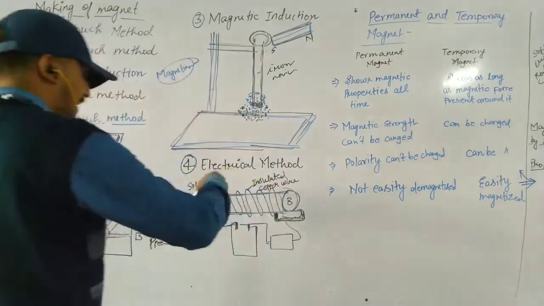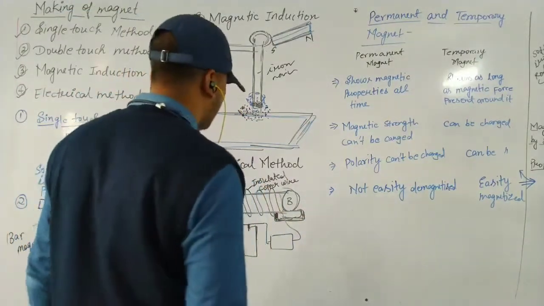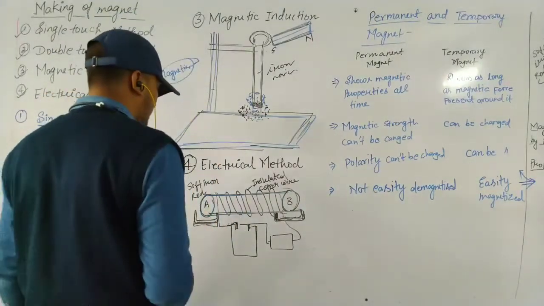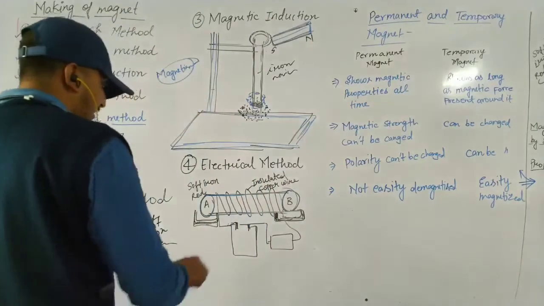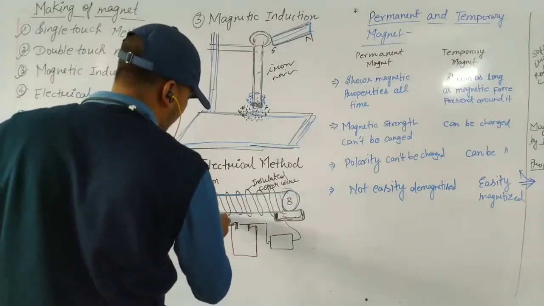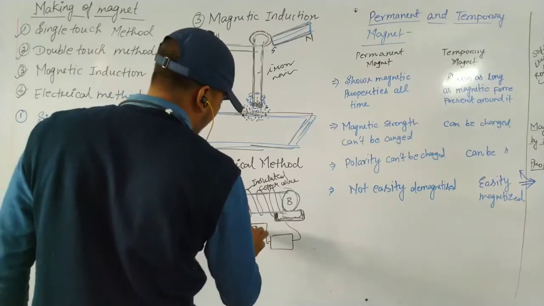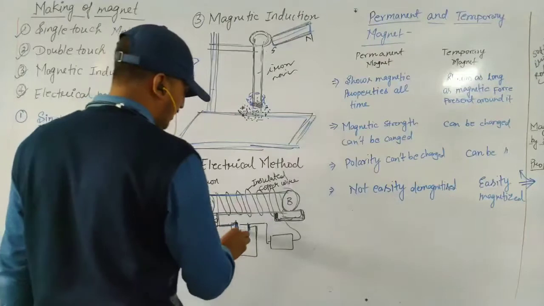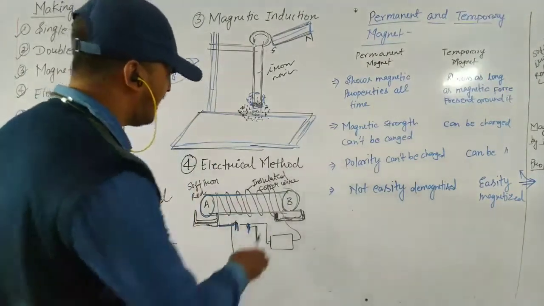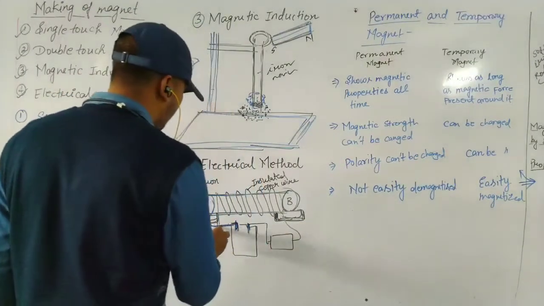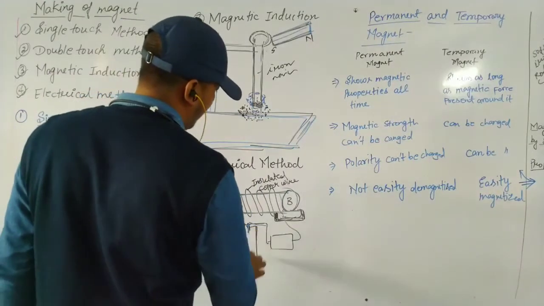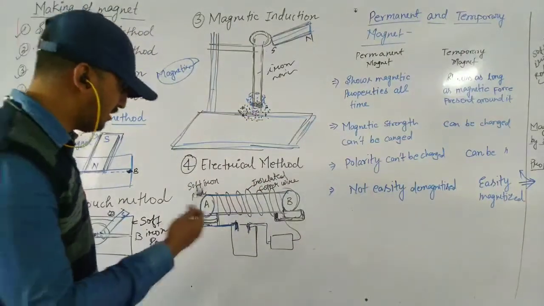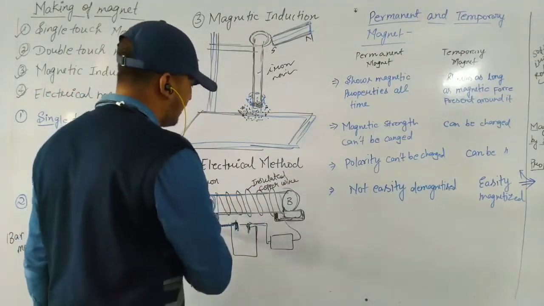We wind an insulated copper wire on this non-magnetized iron bar and connect the two ends of the wire to the battery, and we start the supply of current. When current is supplied by the battery in this copper wire, after a few seconds, this particular iron